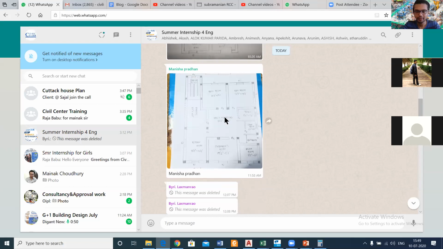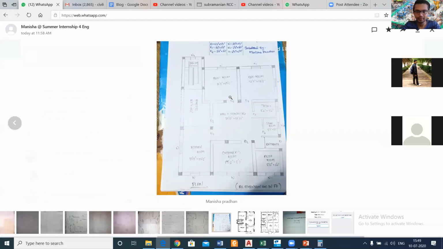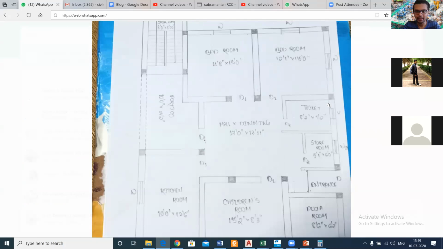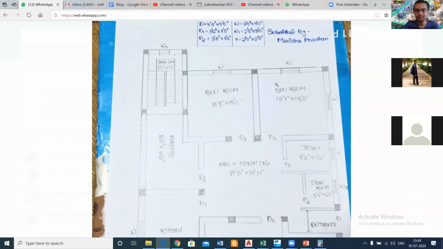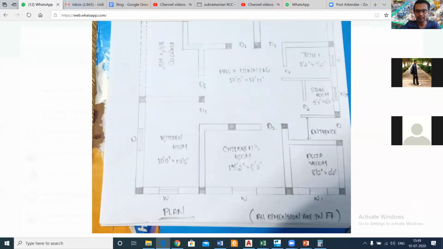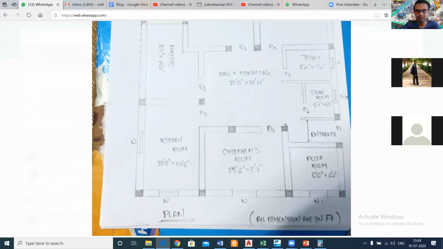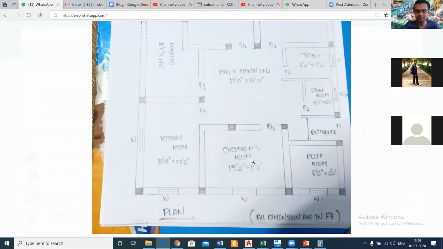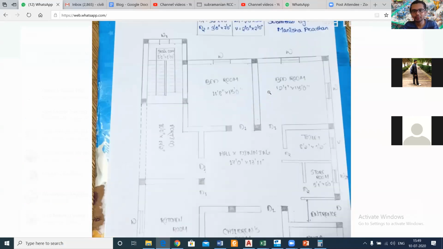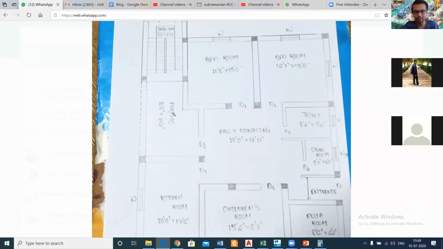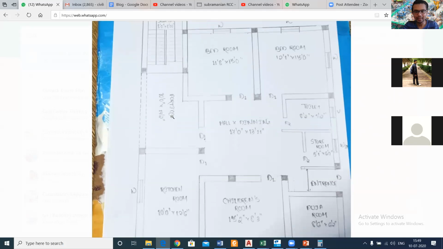Manisha Pradhan. So here it is. Okay, this is the house, and these are all the dimensions. So basically, as you can see in this plan, what are the components of this plan? Two bedrooms and one children's room. So that is basically a 2 BHK, or you can say it is a 3 BHK, because the children's room will also be a bedroom. So it is basically a 3 BHK plan, and we have a staircase here, and also we have a portico. So the entrance might be towards this, and we can keep your 4-wheelers or parking in this portico portion.